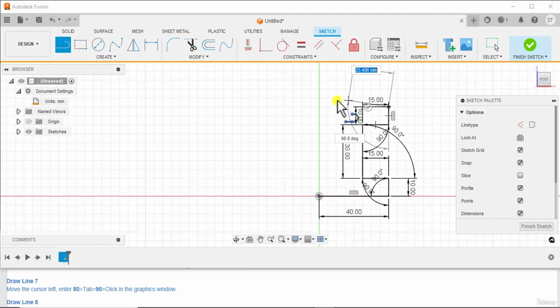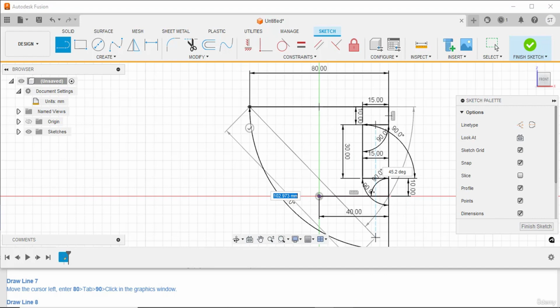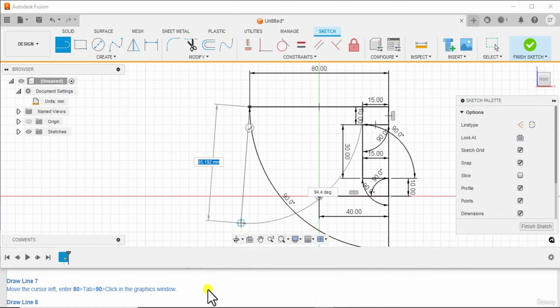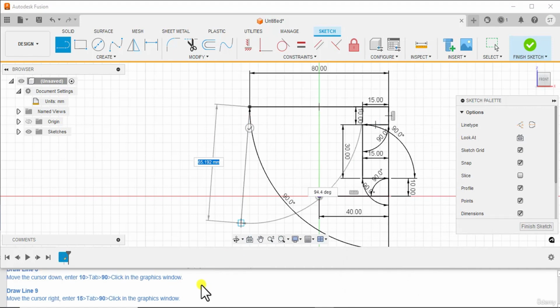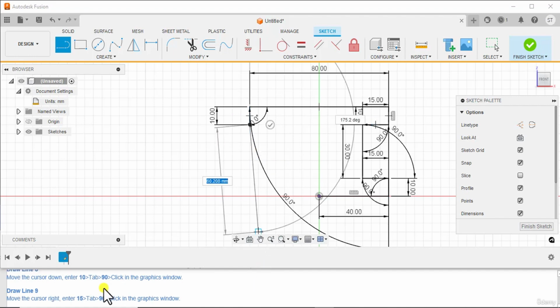Line 7: 80, tab 90. Here you can see that this one is line 7. Line 8: 10, tab 90. Line 9: